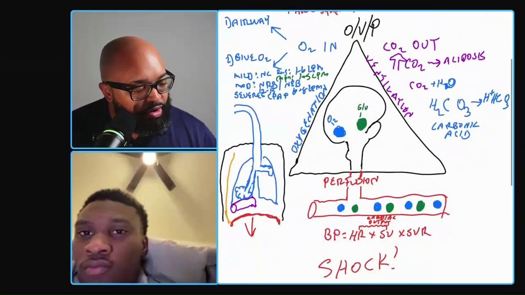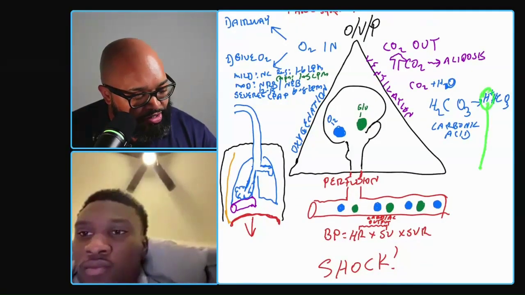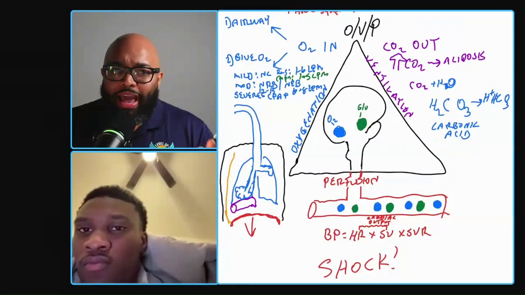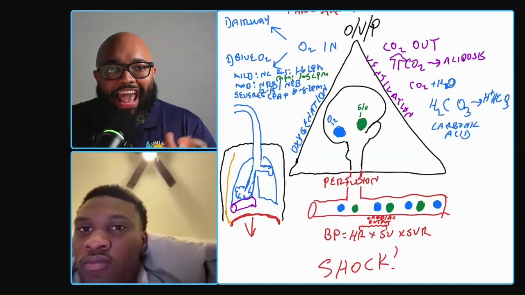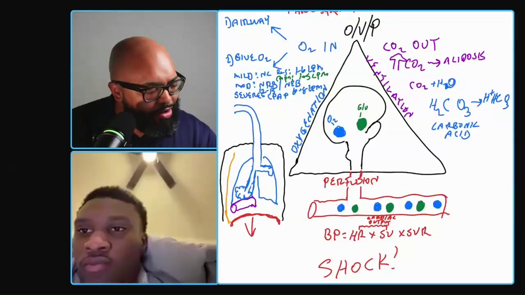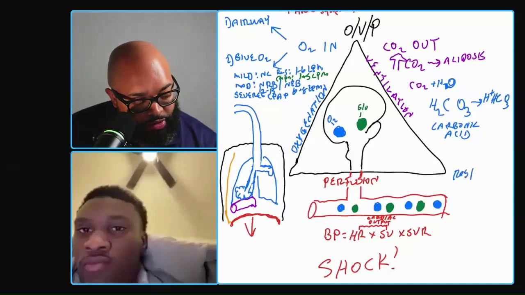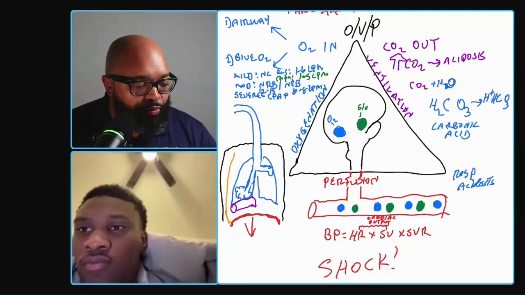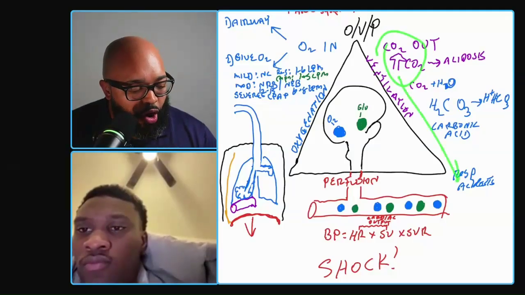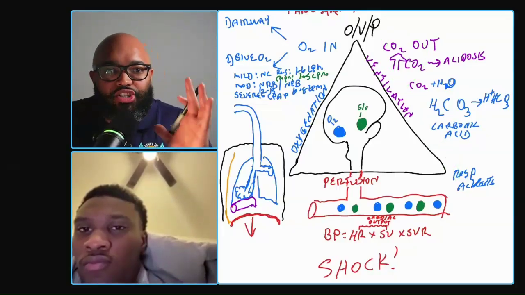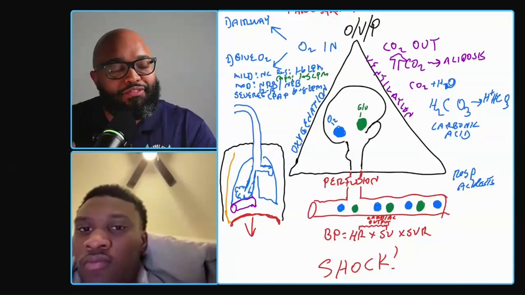Now check this out. Let's take all this hydrogen and put it in the blood. Let's take all this carbonic acid and put it in the blood. So I had some kind of respiratory problem that's causing acidosis. Wait a minute, let's put those two words together, respiratory and acidosis. Oh yeah, that sounds like respiratory acidosis. So one of the first things that's going to happen when you have too much CO2 is we're going to ultimately come up with respiratory acidosis. Okay? So notice how just not breathing well is also going to affect your acid-base balance.